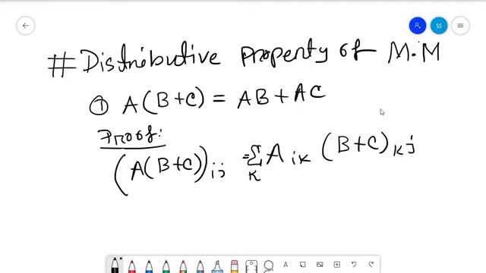Now these two matrices, they are additive, right? So you write A_ik, and how do we add two matrices? If you recall, we added them component by component. That is, just a small reminder, recall, if you had A_ij